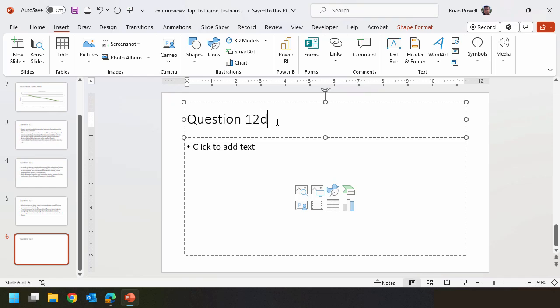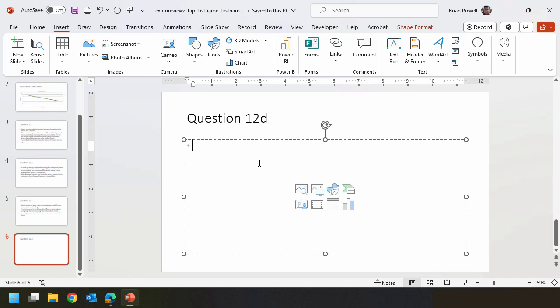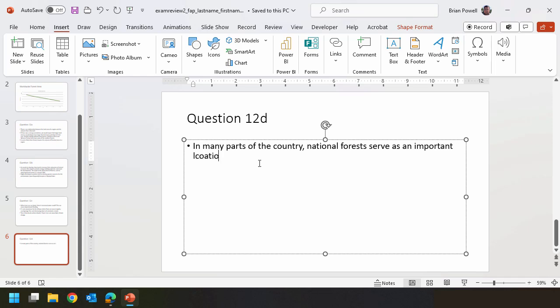For this question, we're told that in the U.S., whether trees in national forests should be treated as a crop to be harvested or as a resource to be conserved has been a controversial topic. We're asked where we stand on this issue, and we should also explain our thinking as part of the answer. This one's kind of a personal opinion type question here. I'm going to note in my answer that in many parts of the country, national forests serve as an important location for recreation. And we'll just say that visitors want to see scenic views and enjoy nature,